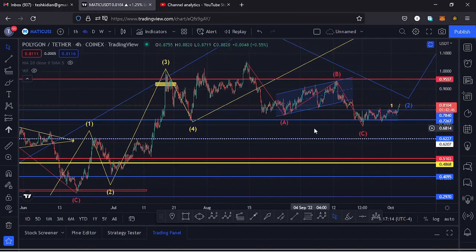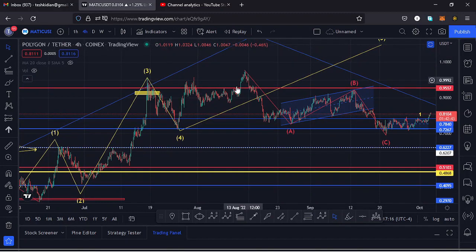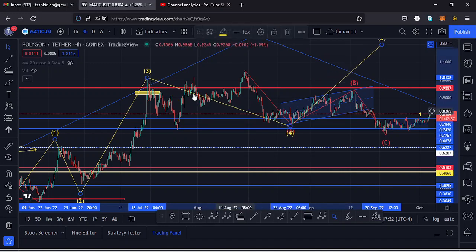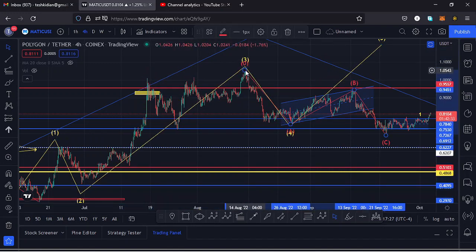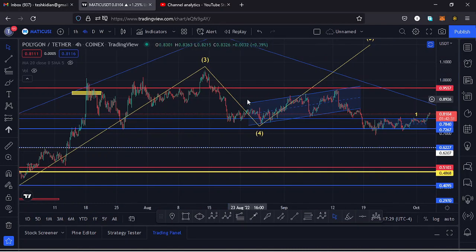But the moment we managed to break above the key area of resistance at around the $0.95 mark and made a new high at around the $1.06 mark, that made me change scenarios, having the new high as the high for that third wave to the upper side. And as you can see, we are in the formation of a fourth wave to the lower side,